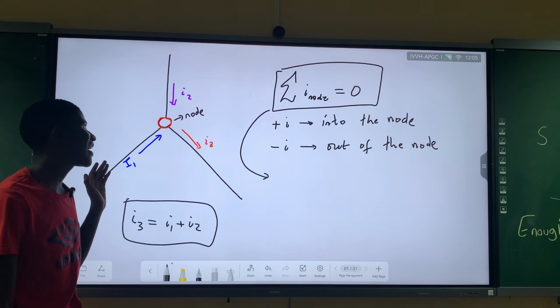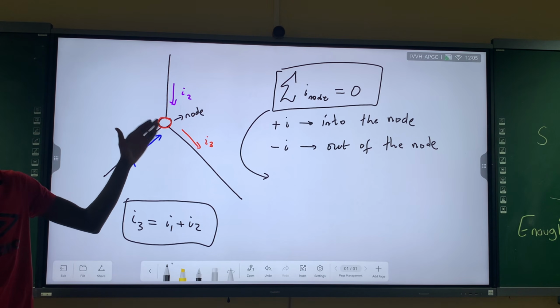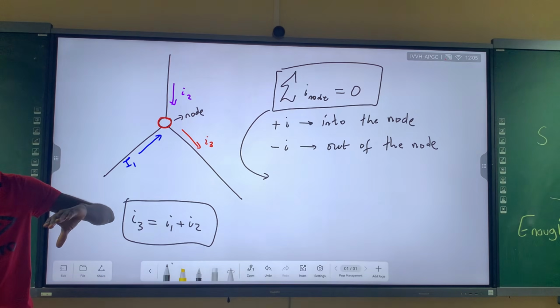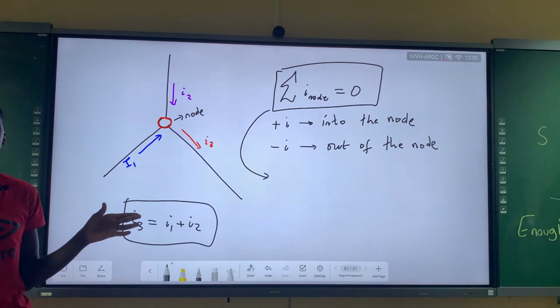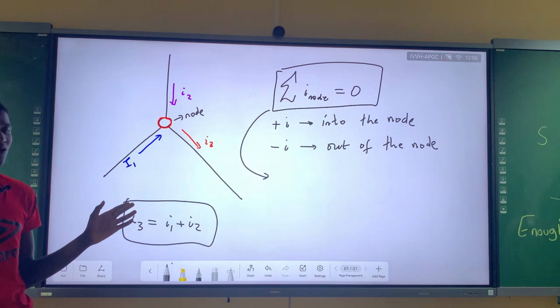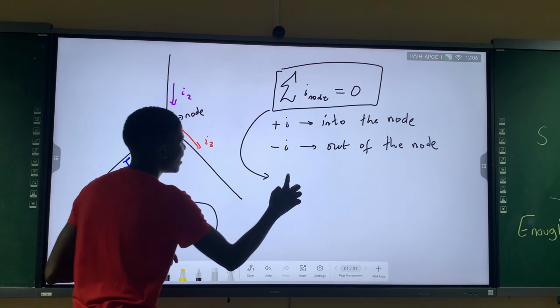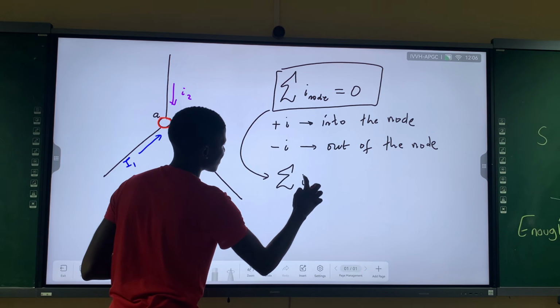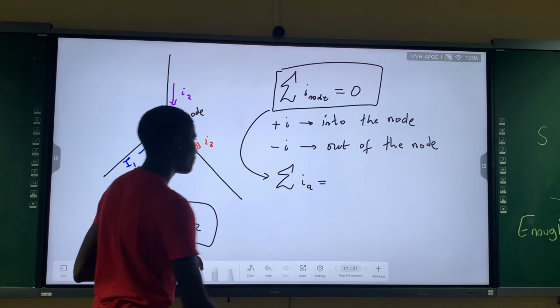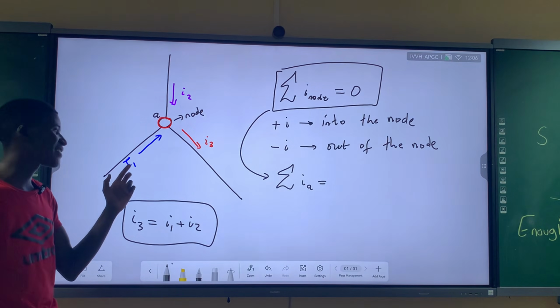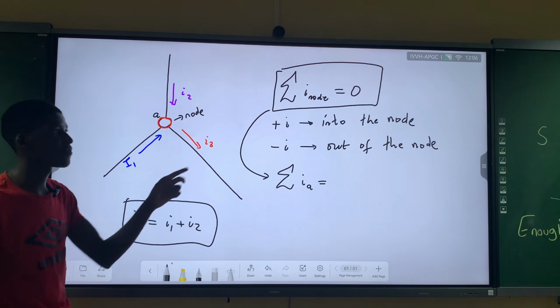So when we are doing this Kirchhoff's current law expression, every current entering the node we assign a positive sign, and every current leaving the node we assign a negative sign. But all of these must give you 0 in total. So if I say this is my node, call it node A, the total currents through node A will be this current I1. I1, is it flowing in or out? In. So we assign it a positive because it's into the node.